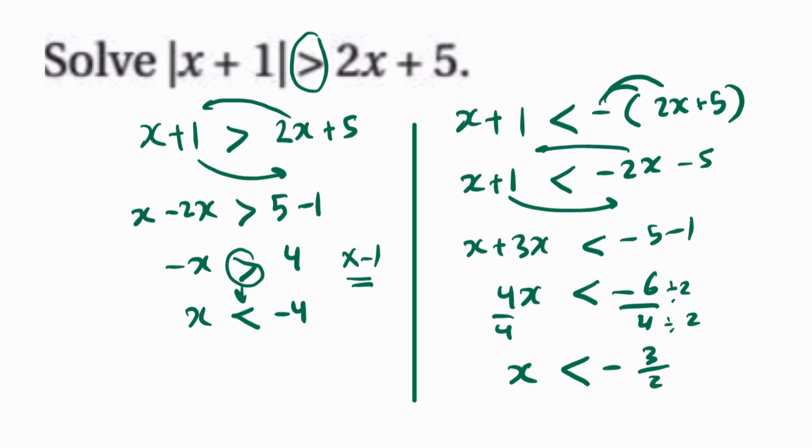So all the values here, either x smaller than negative 4, all the values or the set of values less than negative 4 make this inequality true. So that means all the values or all the set of values less than negative 3 over 2 make this